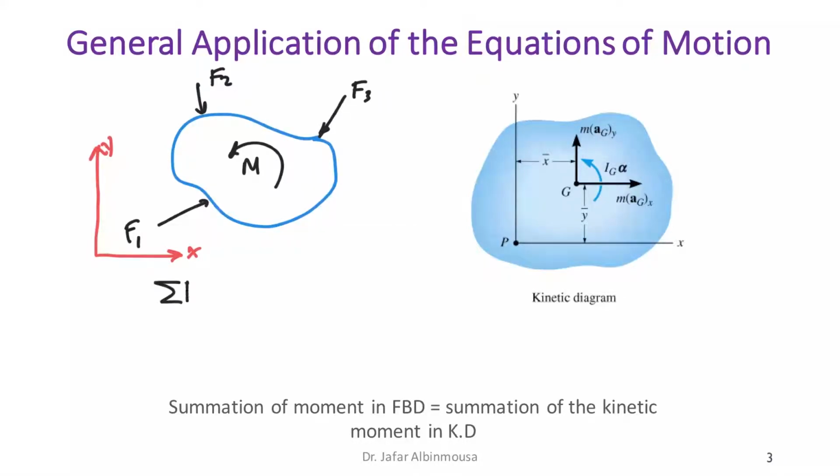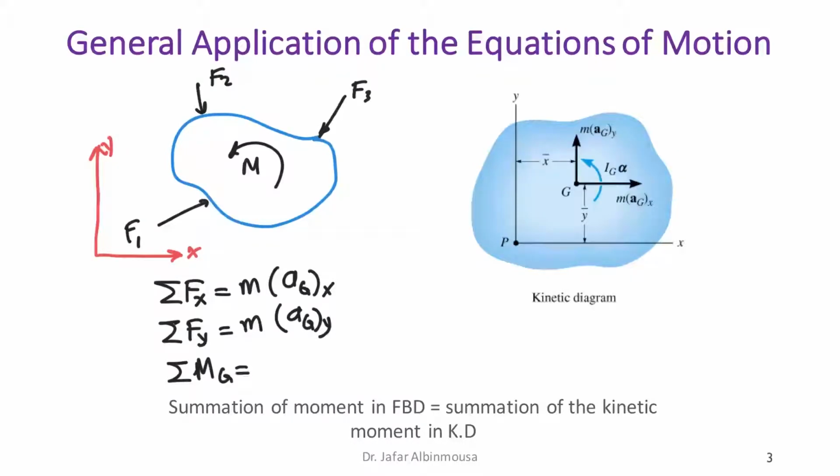The sum of all forces along X equals m a_Gx, and the sum of all forces along Y equals m a_Gy, and then finally the sum of the moment about the center of gravity G equals